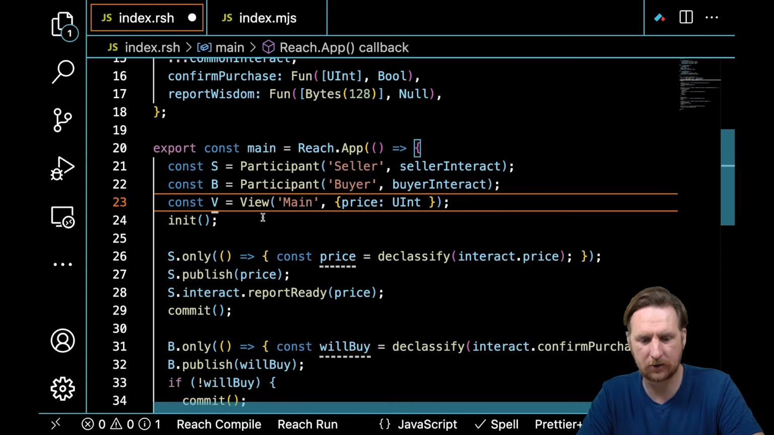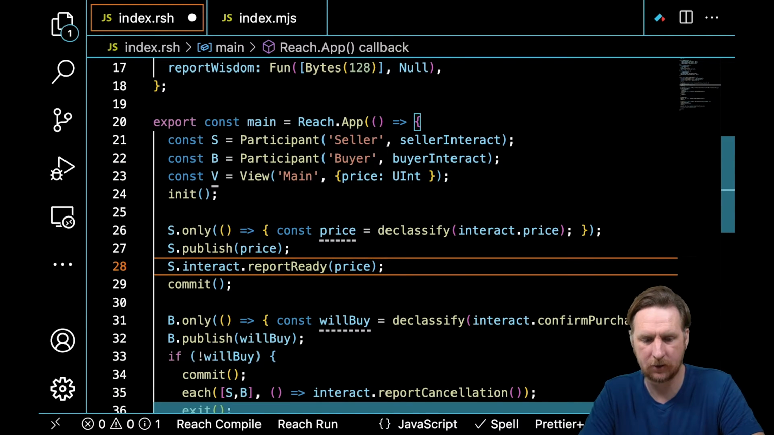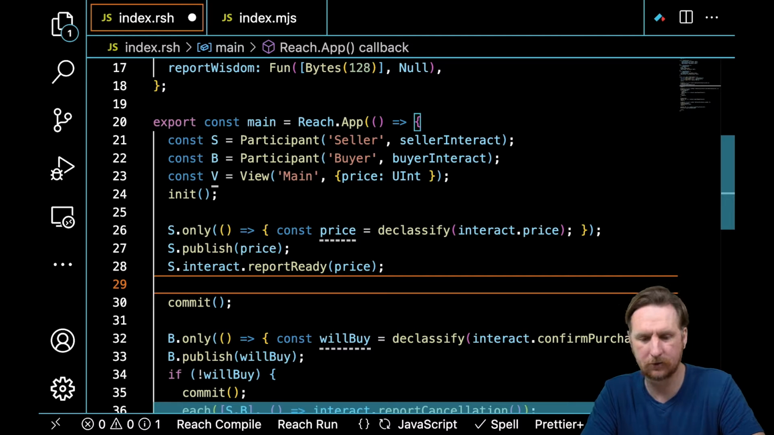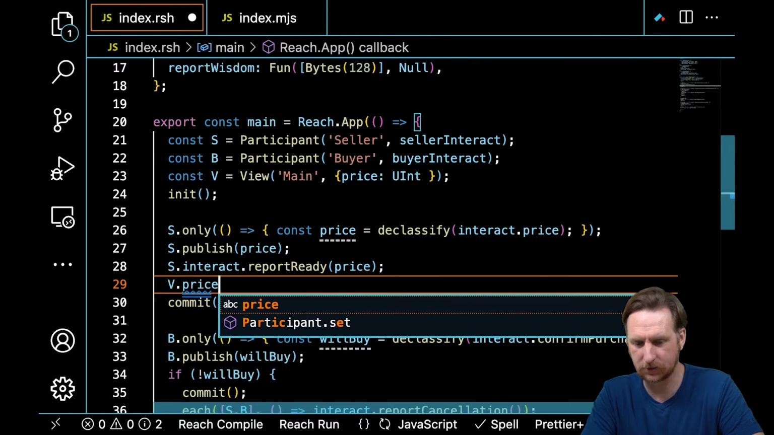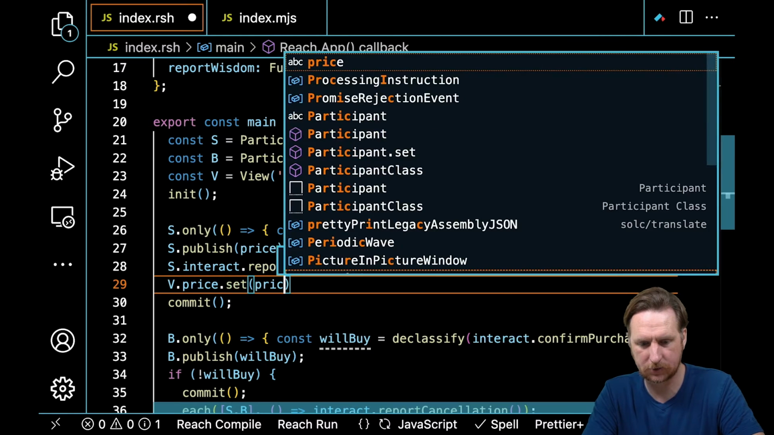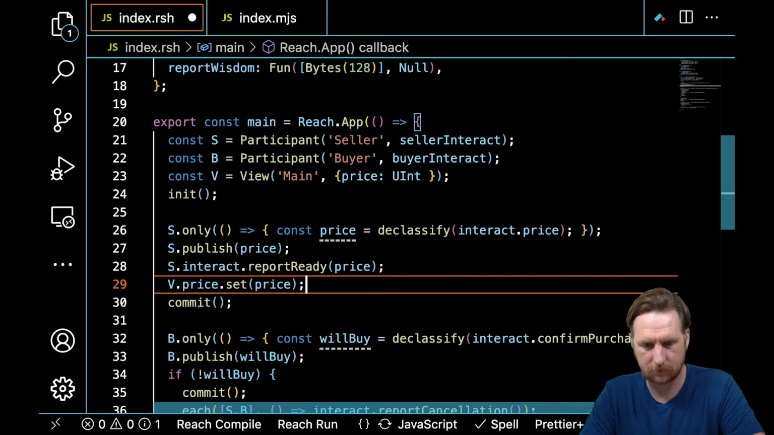All right, scroll down a little bit to line 28 here. And let's add a new line under the seller's report ready interact. And we're going to add the view here where the view has the price and we set the price. So as soon as that report is ready, we give that information to the view so the view can set the price. And we'll be able to access this information. Okay, and we'll hop over to our front end